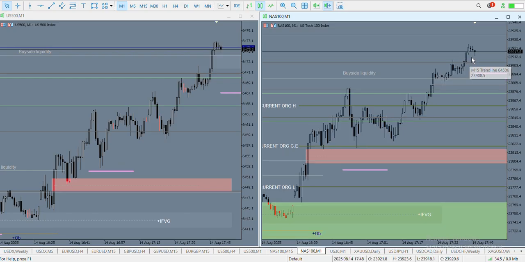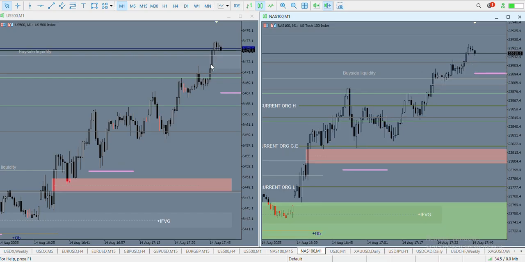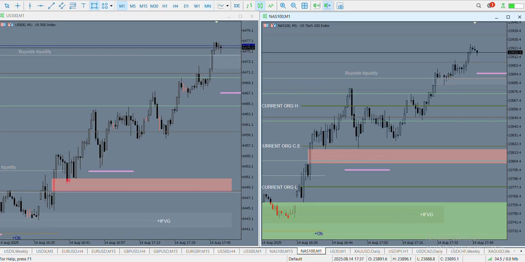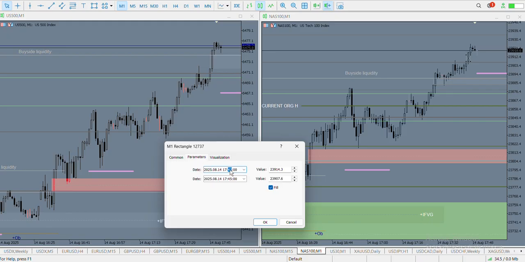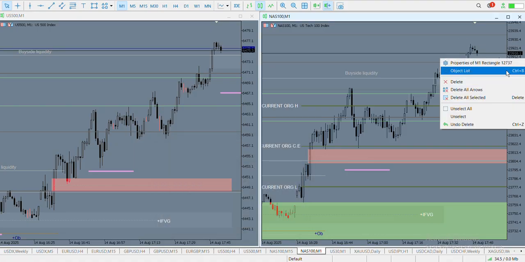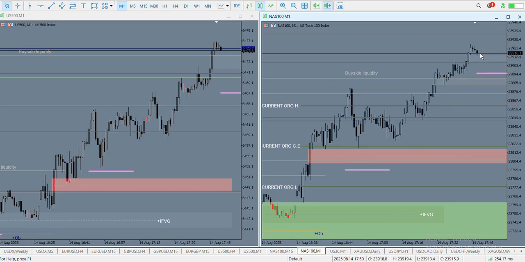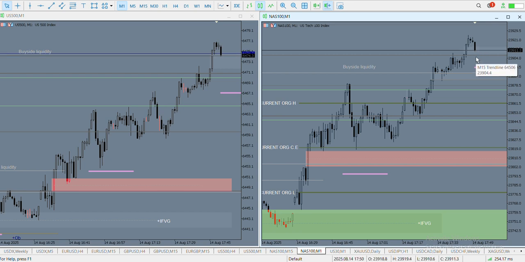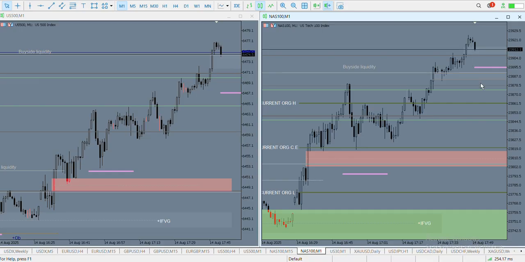So we have a PDRA here. We have this inefficiency here. I've highlighted this one here for US 500. I'll highlight also this one here for NAS 100. Right here and right here. Let me extend this out in time. So we're gonna watch this inefficiency, if it will act as an inversion, if we start trading with strength below it,